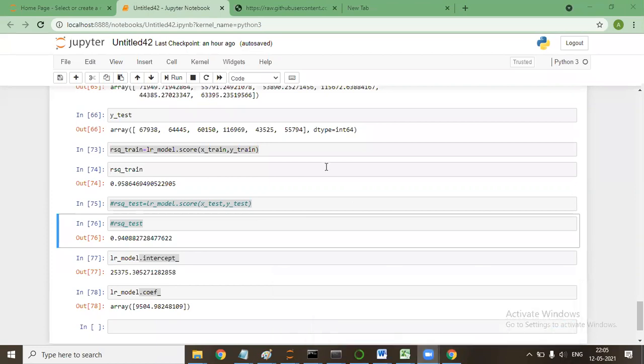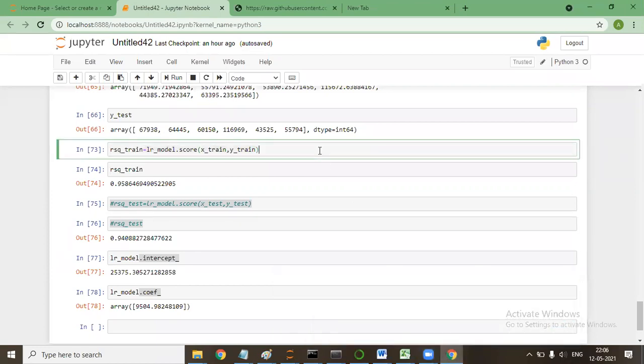Anybody any doubt? So we'll be working on the same data tomorrow, right? Yeah, tomorrow only 5-6 commands for testing the accuracy using different metrics. For testing new data, I will be using the same model. But after that, I will use some other data because this is a very simple data. Going forward, when I make these models complex, say multiple linear regression, or any of the new algorithms that I will be covering, KNN or anything, it won't be this data. Tomorrow, the same data only for 5-6 commands. Then we'll change the data as well.